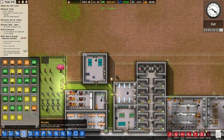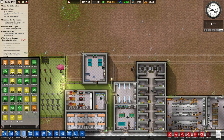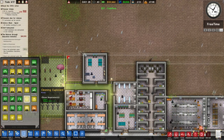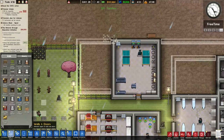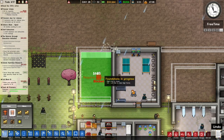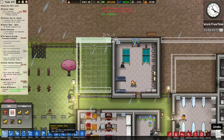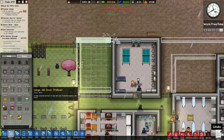How big does a library need to be? 5 by 5, is that a... Okay, we can put the library here. That actually works out quite nicely. So we'll put the library here next to the common room. Now we need it to come across like that. And then we'll put an orange door, going with the orange theme, because this is going to be...